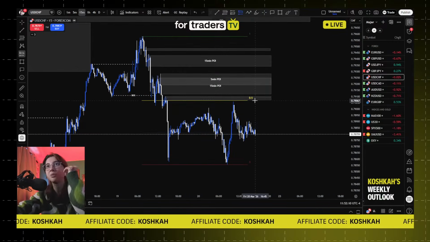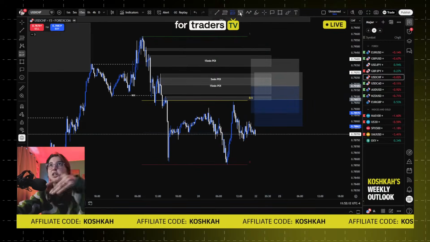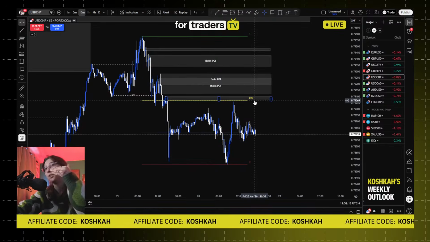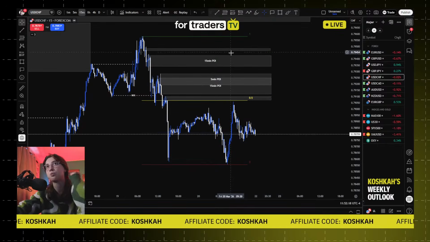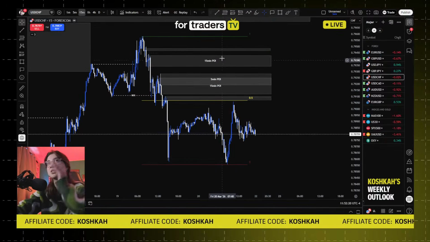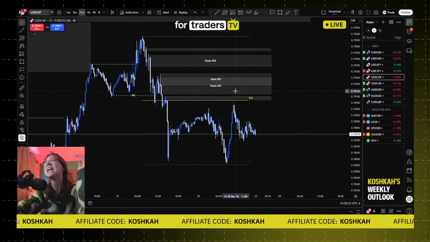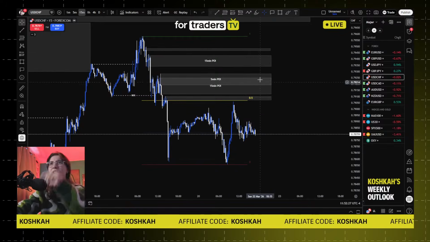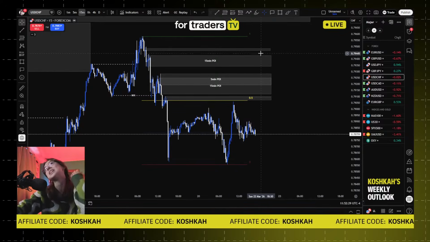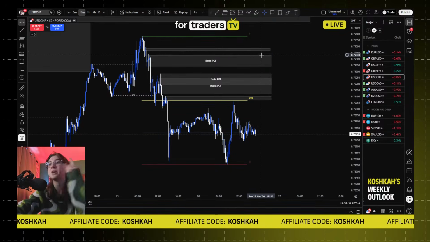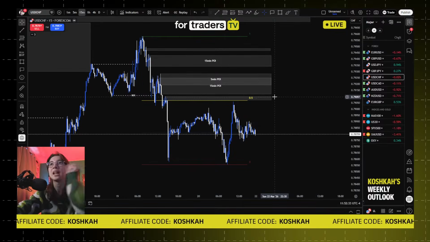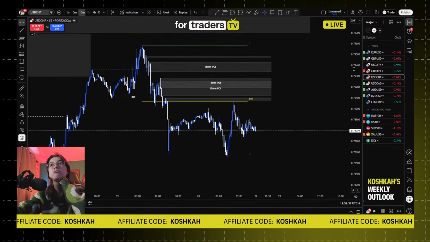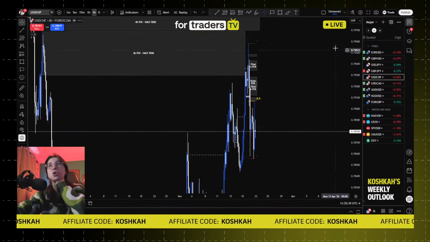So you're not going to be entering here, whatever. You're going to wait for a 1 minute break here. And then if it doesn't happen, you just enter the most extreme POI. If it happens and it fails, you just enter the most extreme POI. If it happens and it wins, you delete all the POIs, including the most extreme one, because it already happened and it already had a win. So yeah, that's what's going on USD CHF.